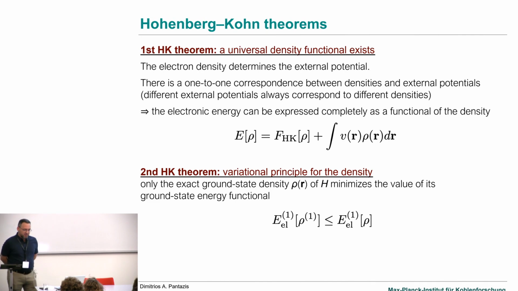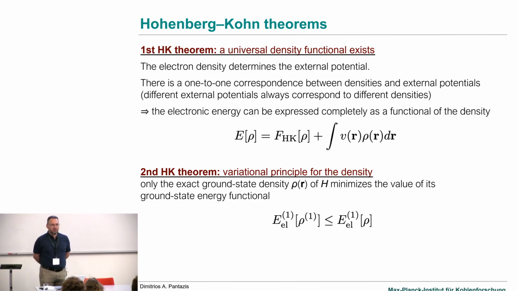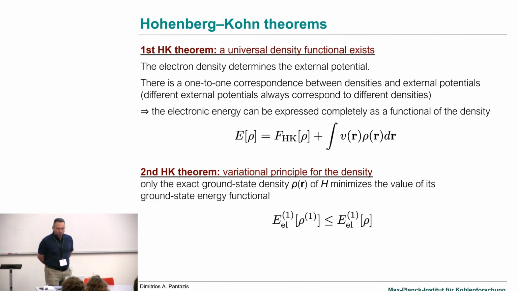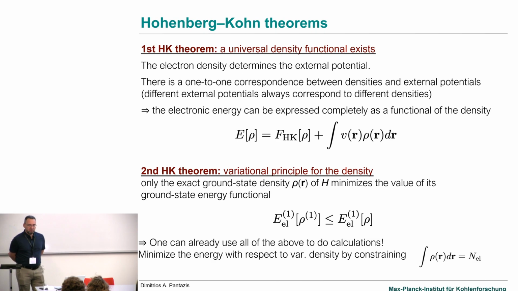And this is based on some theorems. The first Hohenberg-Kohn theorem says that there is something called a universal density functional. So that is actually a universal theory, and it is supposed to work this way. The second theorem tells us that there is a variational principle for the density. So if we try different densities, then only the exact ground state density minimizes the value of the ground state energy functional. So it gives us a way to think about doing calculations, but it also means that we would